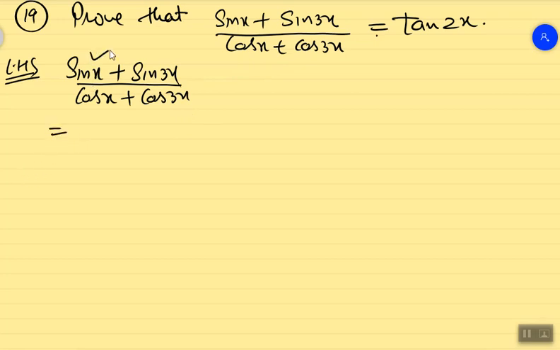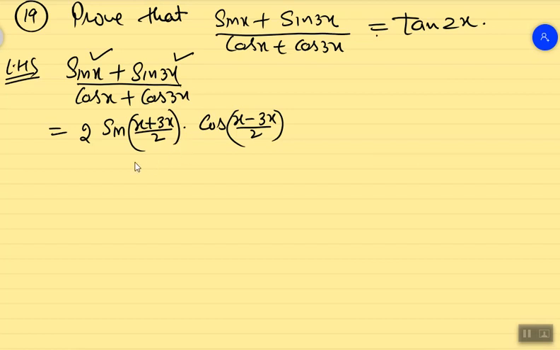So sin A plus sin B, how can we write it? 2 sin (A plus B)/2 into cos (A minus B)/2. There will be a mixing because it is a formula of sine, a mixing of sine and cos. The second term will be cos. It doesn't matter whether A is a larger or smaller angle. 2 cos. In the denominator both terms are cos. This is A, this is B.